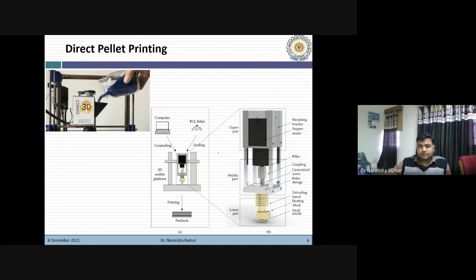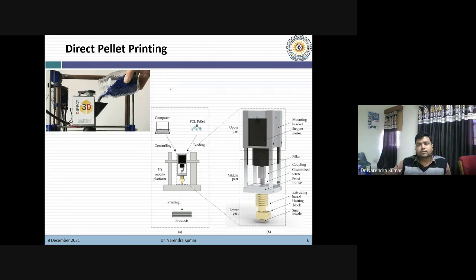In biomedical engineering, there may be a requirement of flexible materials, there may be a requirement of rigid materials, and sometimes both kinds of materials may be required, and sometimes the material may be in jelly form. Hydrogels and other things are there in the market, and silicone printing is nowadays very popular.